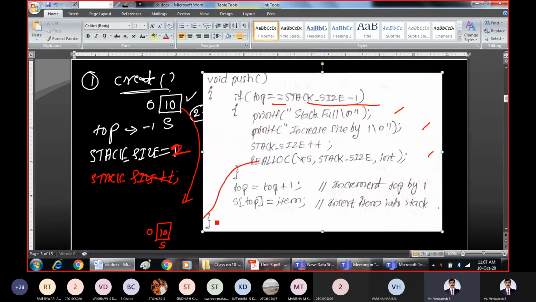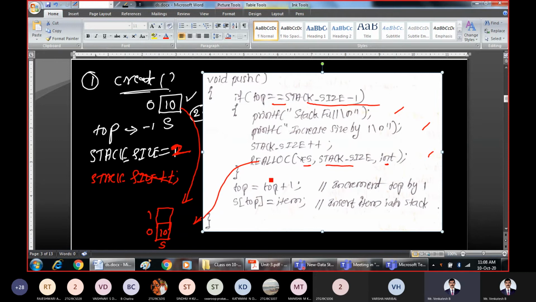When I call this realloc function, what it does here is, the meaning of this realloc is reallocate memory for this stack with this size and of type integer data. So what is the present size? Present size is 2. So what it will do here is it will increase the size. It will make the size of the stack as 2. And one more memory location will get added here, because we have studied how realloc works in first module. It will expand or reduce the size of the existing stack.